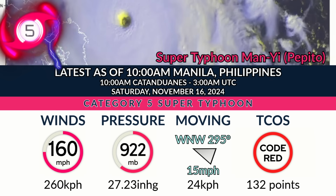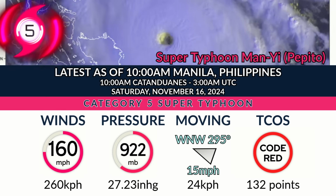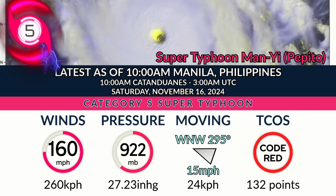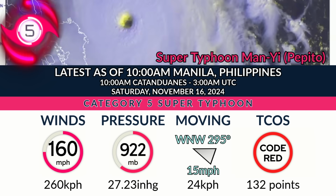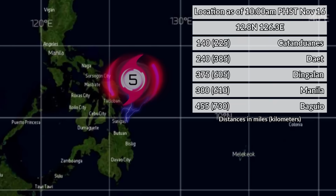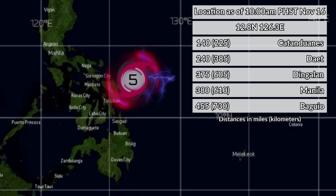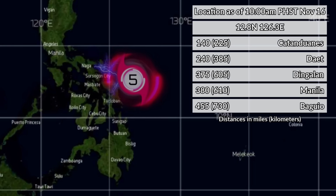Right now, the storm is moving west-northwest at 15 miles per hour, or 24 kilometers per hour, and we are, unsurprisingly, at Code Red for this storm right now as it powers off towards the west-northwest. So here's where the storm is located right now, with a mainly northeastern side wind field. It's currently located at 12.8 degrees north, 126.3 degrees east, and it's currently located 140 miles away from Catanduanes, 240 from Dite, 375 from Dingalan, 380 from Metro Manila,